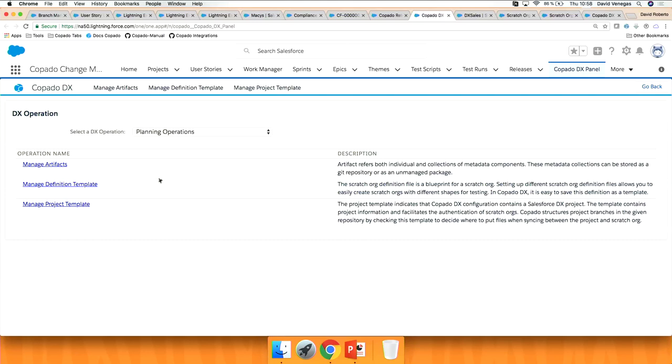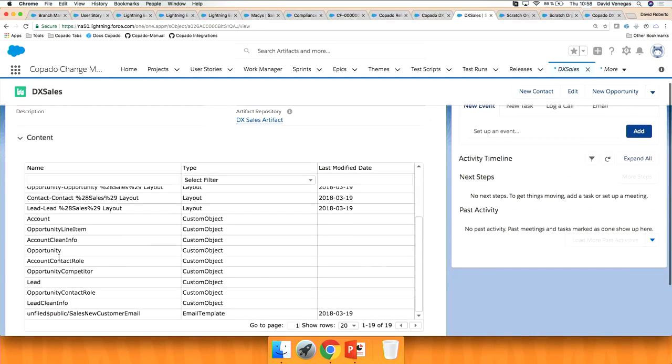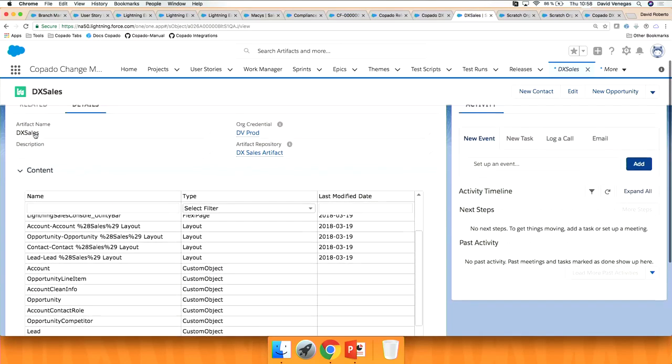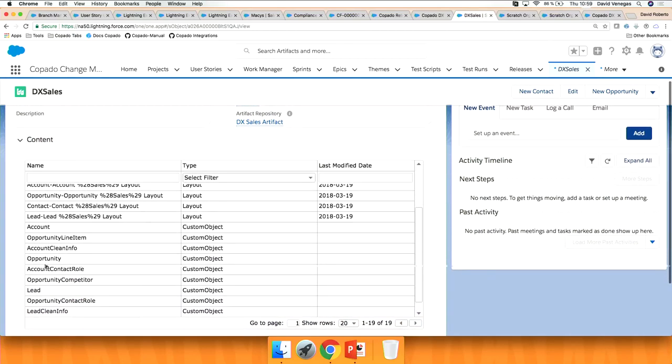capabilities behind the scenes. So, for example, in the UI, you can manage your artifacts. You can split your metadata components in different artifacts, so you can start working with those. Now, an artifact is an object in Copado, and when you create one, you can select components that will belong to this artifact specifically. Here I have a sales artifact, and you can see I have some objects and fields and components that are sales related. This means that these components are locked for this artifact. If I try to create another one, I won't be able to select these values because these are specific to